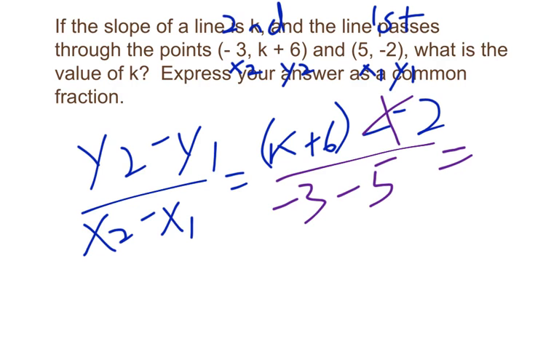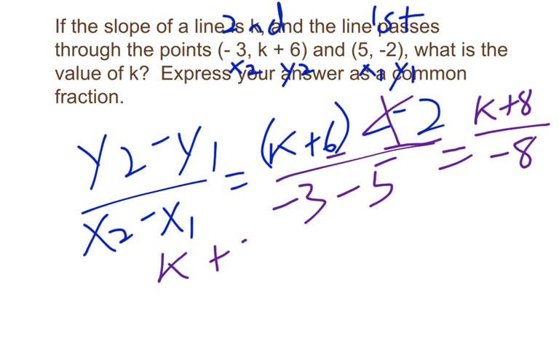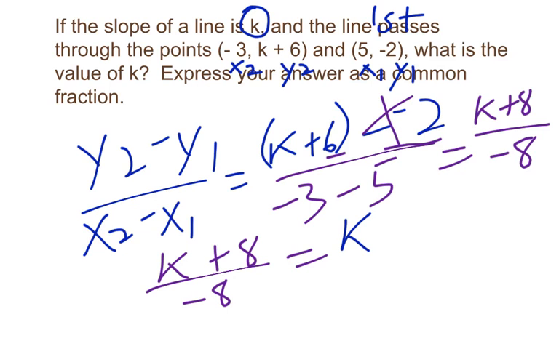And I'm getting k plus 6 minus 2. Well, I'm sorry, k plus 6 plus 2. 6 plus 2 is 8, so it's k plus 8 over negative 3 minus 5 is negative 8. And now I need to set that k plus 8 over negative 8 equal to k, because it says the slope is k. So I can set it equal to k,